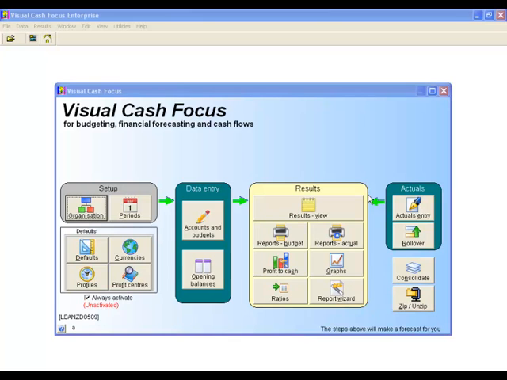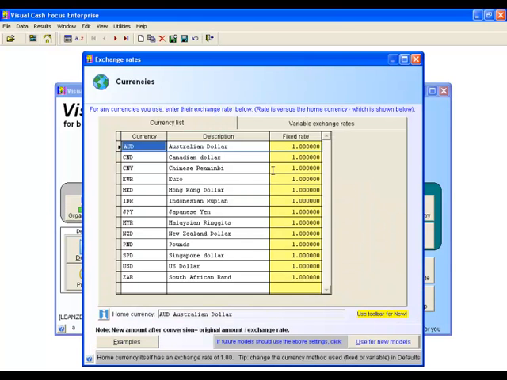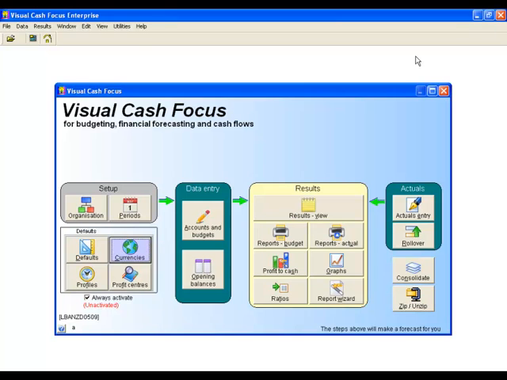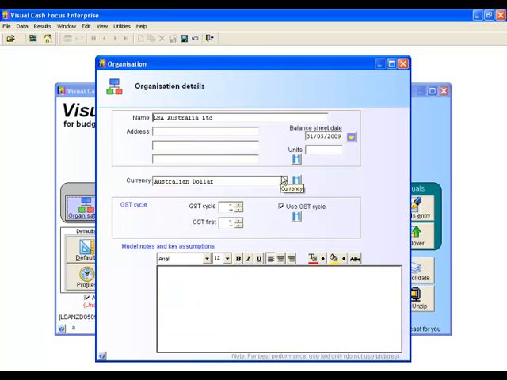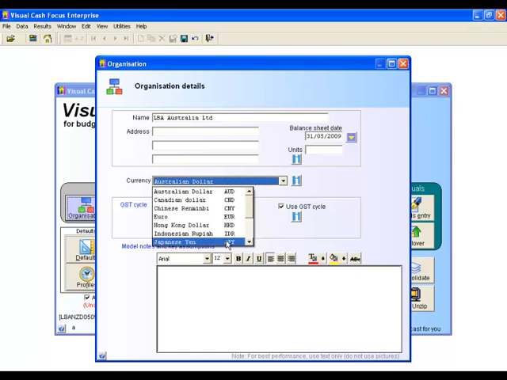Step 2 is to click on Currencies and enter the exchange rate that you want the forecast data to be converted at. Here I'm specifying a rate of 1.25 because Cash Focus multiplies by the exchange rate. We'll then close this currency screen, click Organisation, change the local currency to my new home currency, and then close